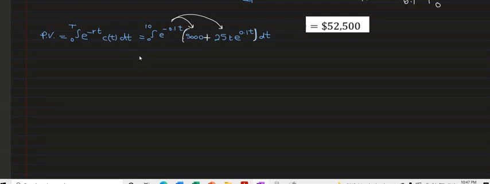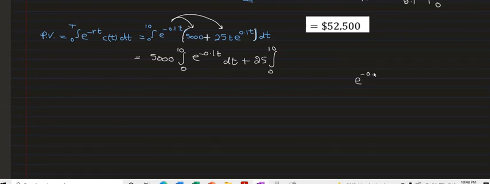So we will simplify it first, and the integration becomes, we can take the 5,000 outside as a constant and the integration of the exponential inside the integral from 0 to 10, and then plus the 25 outside because it's a constant, and inside the integration, let's have a look, we need to multiply e